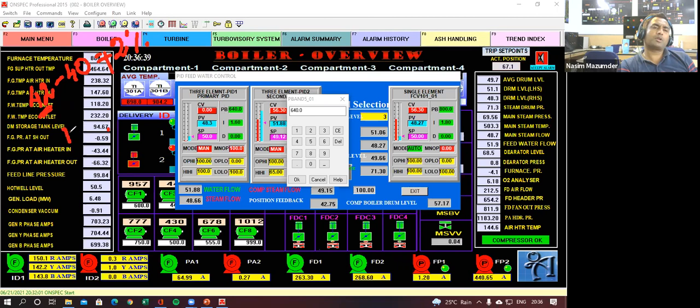Now, if your Kp is, say, right now here 640, it will be multiplied by this much error percentage, and then it will calculate and give the signal. So ultimately, you will find that once it is deviated from the set point, it is never coming to the steady state level again.